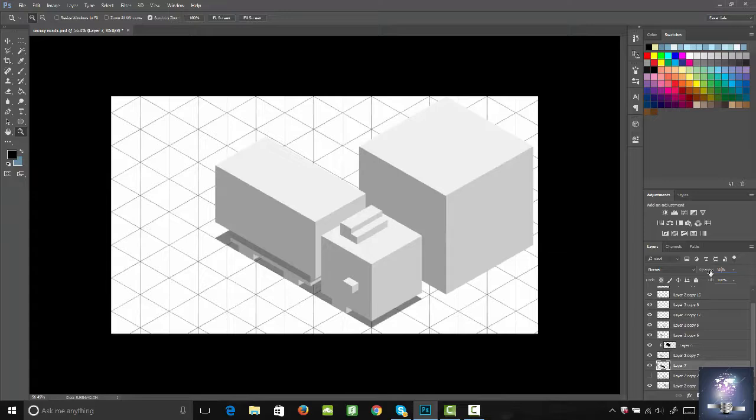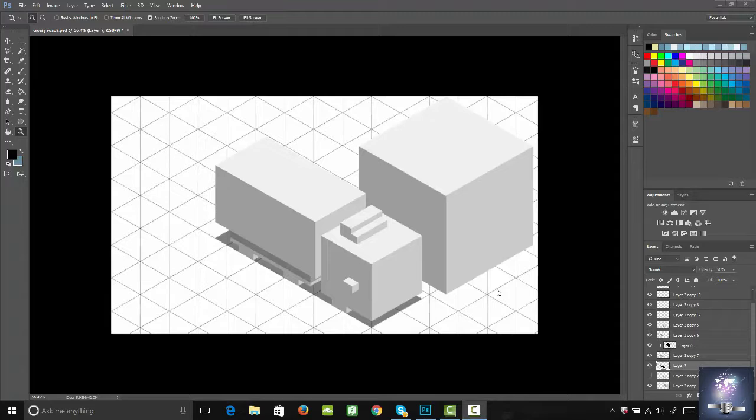All right, that brings us to the end of this lecture. So in this lecture, you learned how to build an entire semi-truck out of cubes. And then we were able to add the shadows and the ground shadow to that. Thanks for watching, and I look forward to seeing you in the next lecture where we're going to be coloring